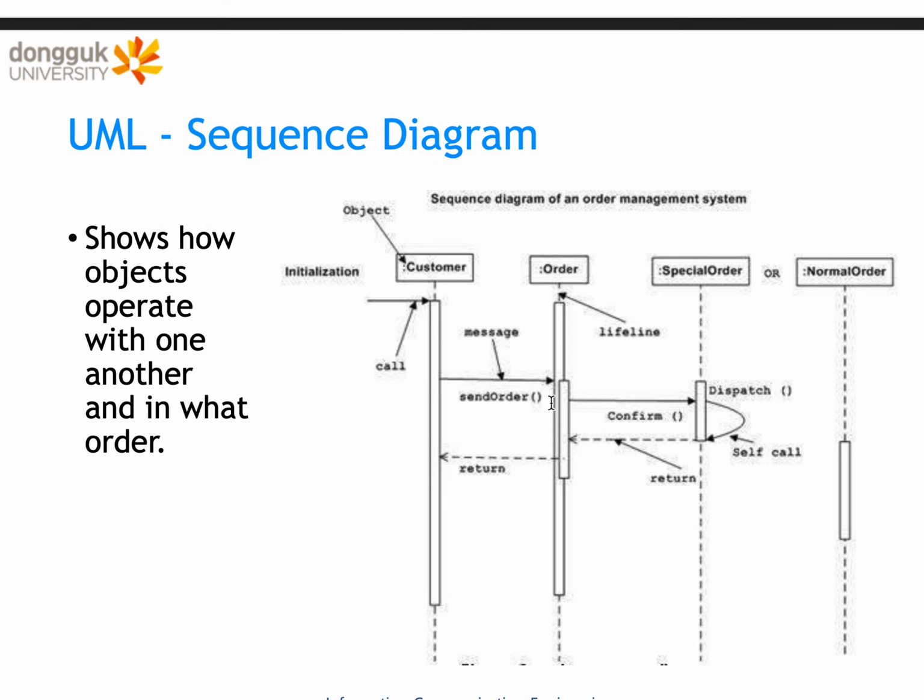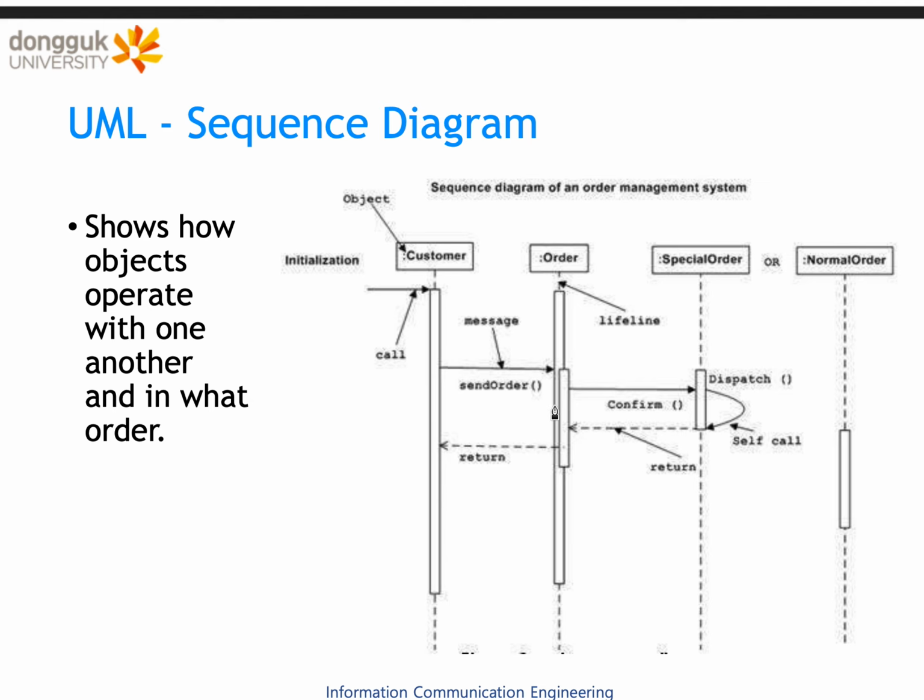Okay, a sequence diagram shows how objects operate with one another and in what order. Sequence means a kind of order of steps, an order of actions. So it describes